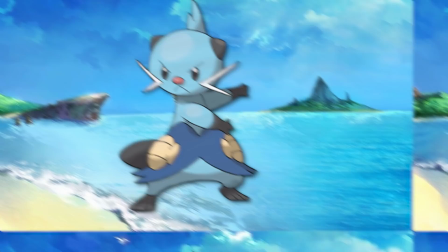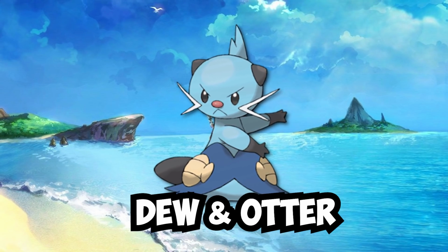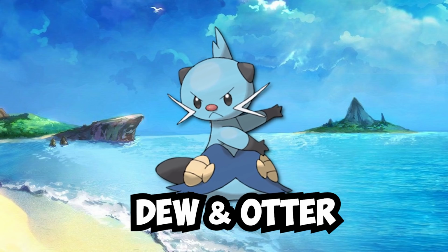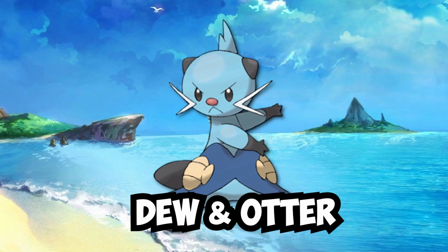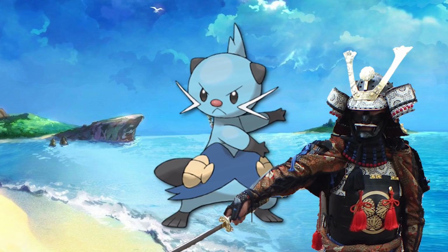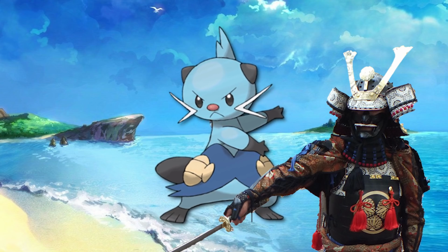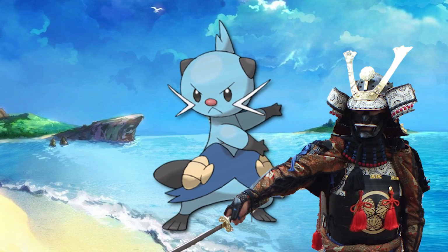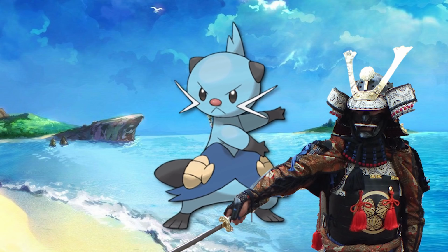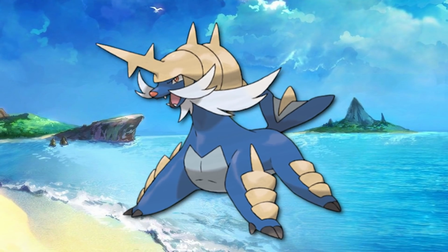However, then we have Dewott, which also uses the word watt in its name, and as for its name origin, it mixes the word dew, which is connected to it being a water type, and then the word otter, which makes sense since it's based on an otter, but it also has a hint of some sort of warrior design in it. Also, you can kind of see a little bit of a samurai design with the shells on its legs. It does have that samurai outfit concept going for it, but we can see that even further with its evolution, which is then Samurott, a total departure from the previous two stages